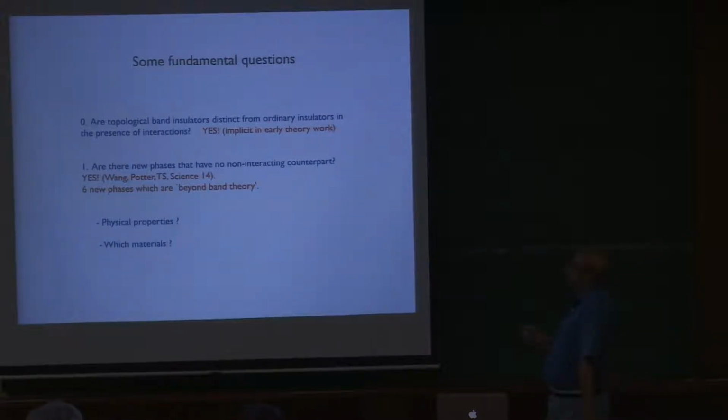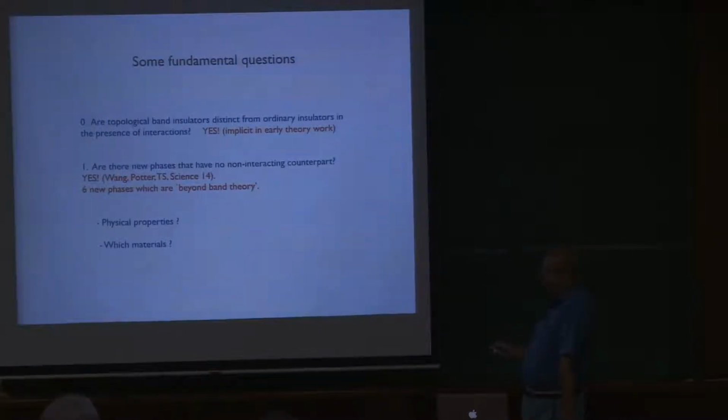So in some sense, I've already answered this question. The zeroth order question that we started with, whether topological band insulators are distinct from ordinary insulators in the presence of electron-electron interactions, the answer is yes, they are indeed distinct. Right? And the next question is whether in the presence of interactions there are new topological insulating phases that cannot be described by band theory, even as a matter of principle. Right? And the answer is yes, there are new phases, and in total there are 6 new phases which are